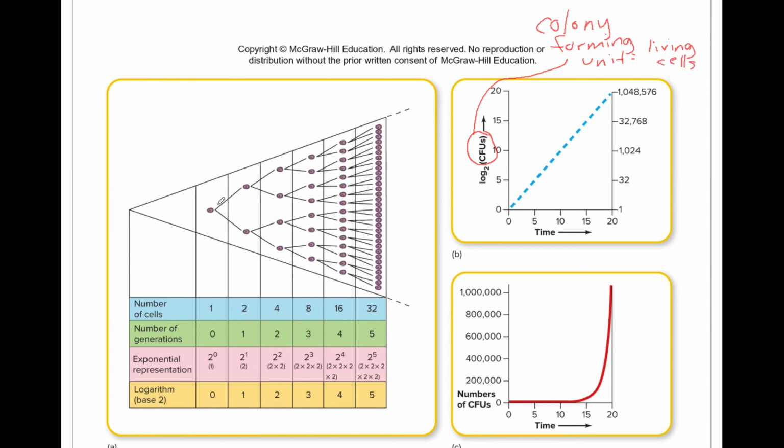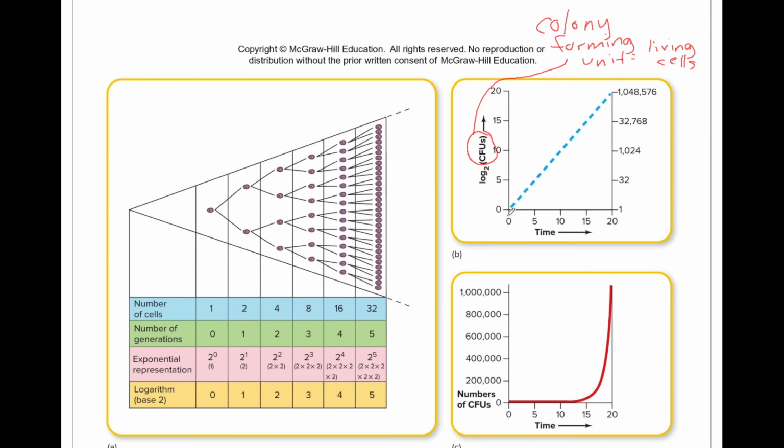Because we know that for each cell that is alive, it can generate an entire colony, right? So it's a colony forming unit. Here we have the number of colony forming units just plotted linearly. And you would see in the very beginning, it's really undetectable. 1 to 2, 2 to 4, 4 to 8, 8 to 16, right? It would be way down here. Eventually you get to something like 100,000 to 200,000 to 400,000. So now we can begin to see this huge spike. But very quickly it would go off the scales or off the charts, and it would really be undetectable again